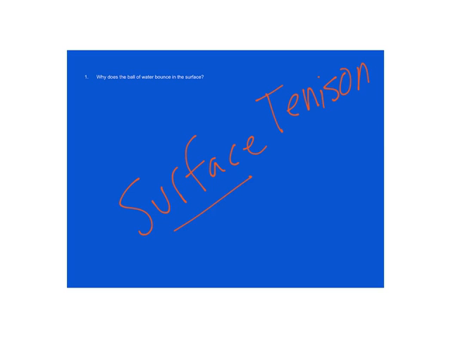If we look at why does the ball of water bounce on the surface? Surface tension. We just need to move this little I around and then we're okay. Surface tension. And so when you have H2O,